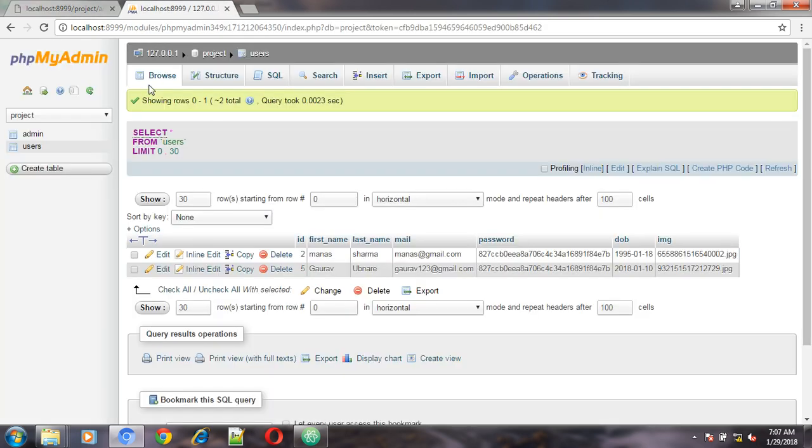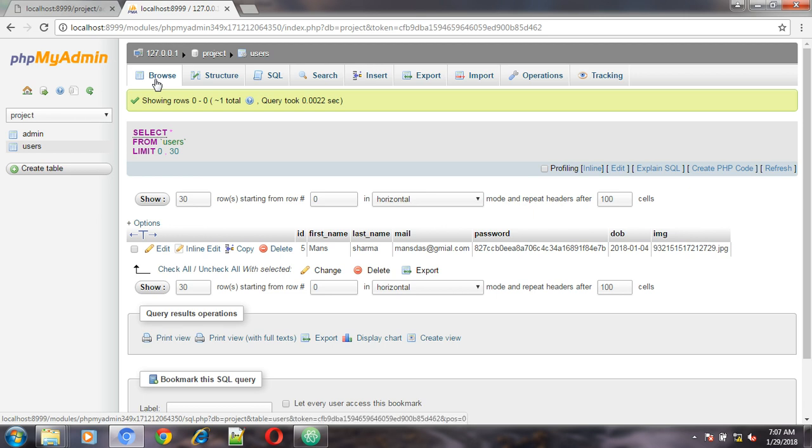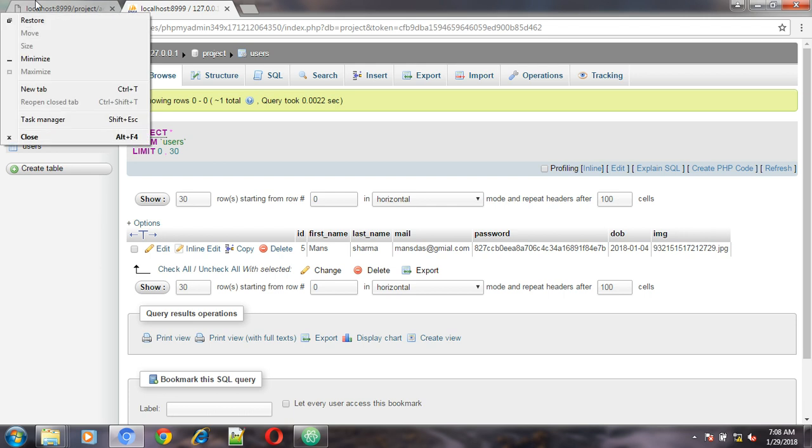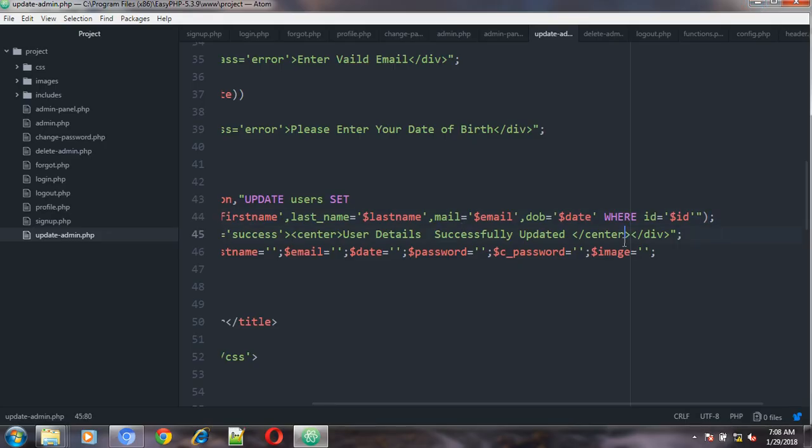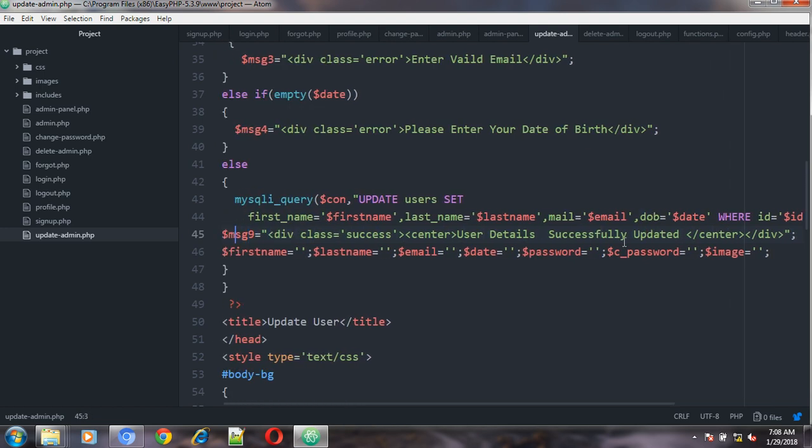details have changed. Now if I click on refresh the database, so in the database also the user fields have changed successfully, means the username, the last name and the mail and the date of birth has been updated successfully. So instead of giving a message that user details updated successfully, what we will do is